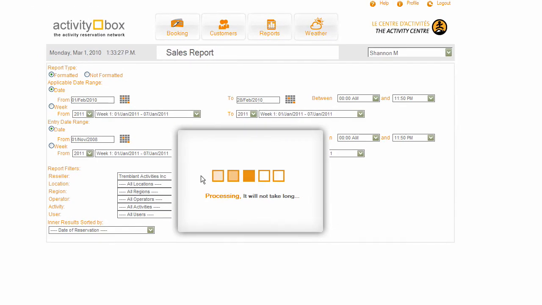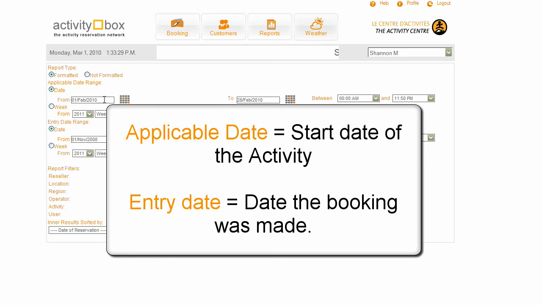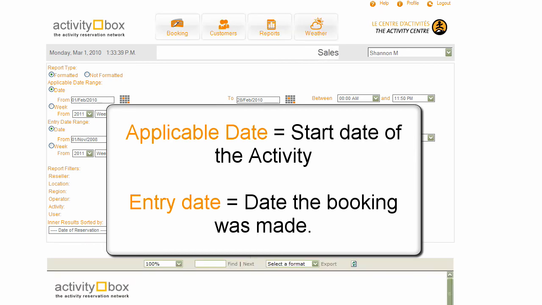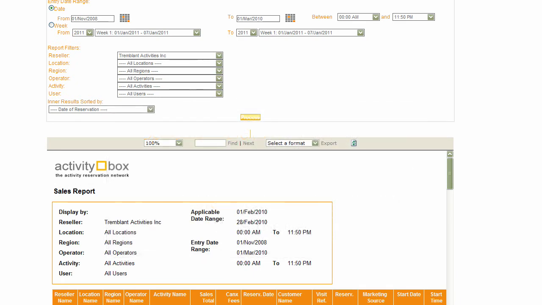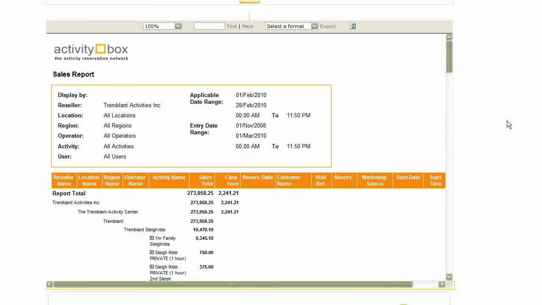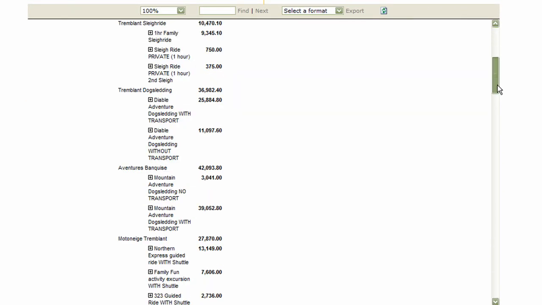So just to recap, sales report, I put in the date range of the activities, the start date of the activities, 1st of February to the 28th of February, and then the entry date range of the reservation, 1st of November 2008 through to today's date. And then we can scroll down here and we can see the total amount of the reports and what it looks like. So I have my total amount of sales, then I have it broken down per operator and per